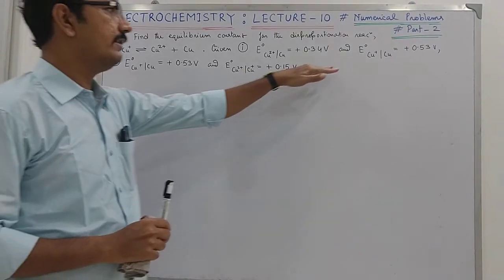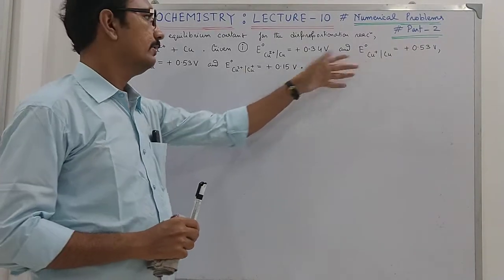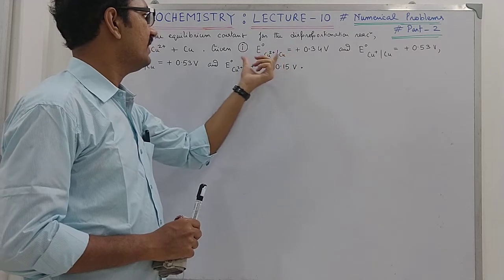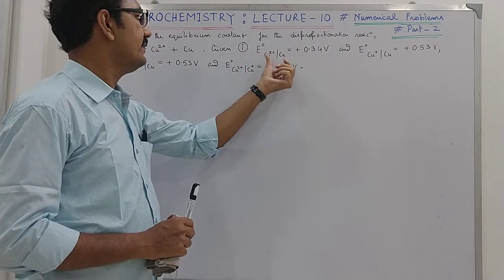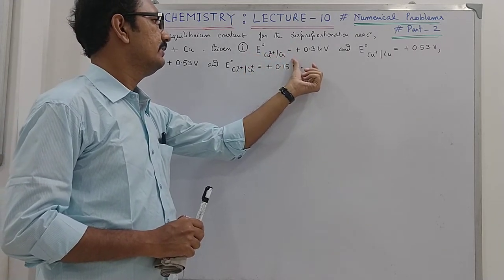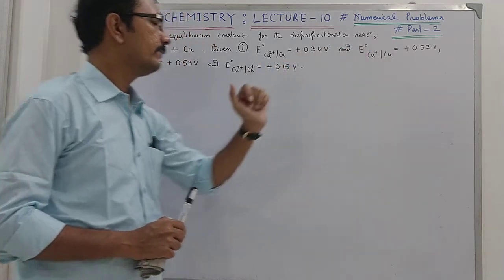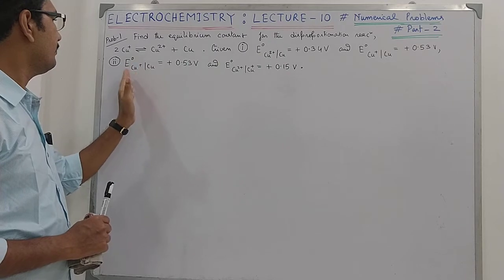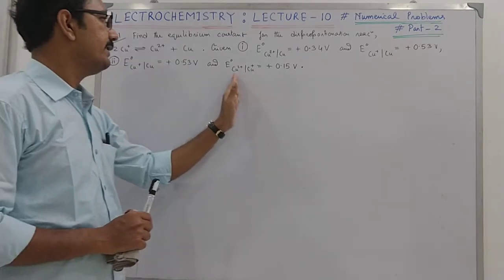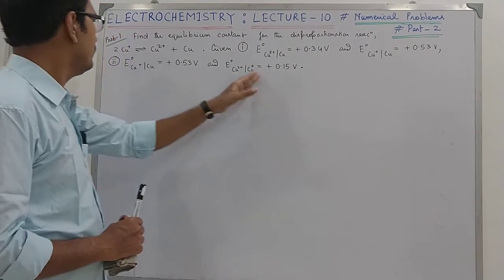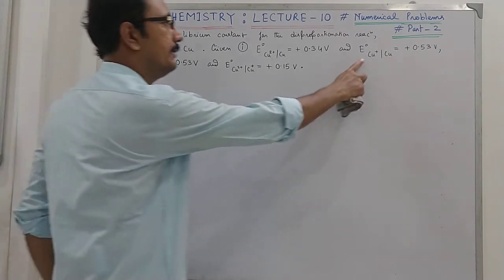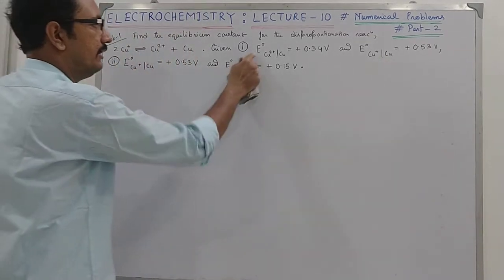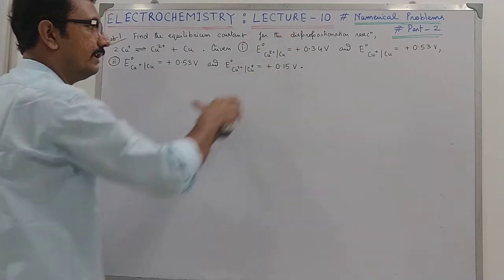They are giving you different sets of data. In Roman 1 you could see that it is standard EMF of Cu2+|Cu and Cu+|Cu, and in Roman 2 you could see that here it is standard EMF of Cu+|Cu and Cu2+|Cu+. So this Cu+|Cu is matching, but these two are not matching. So these two are different sets of